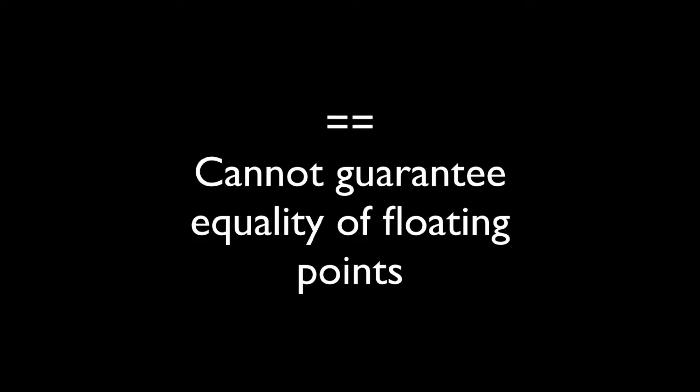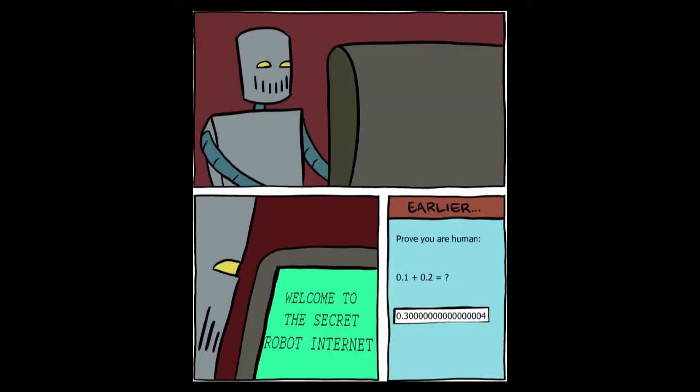And it's a test to see whether it's the introduction to the secret robot internet. So you know how this thing says, prove you're a human, right? What is 0.1 plus 0.2? To robots, it's actually 0.300000004. All right, and this will be funnier as you do more computer science because you'll see things like